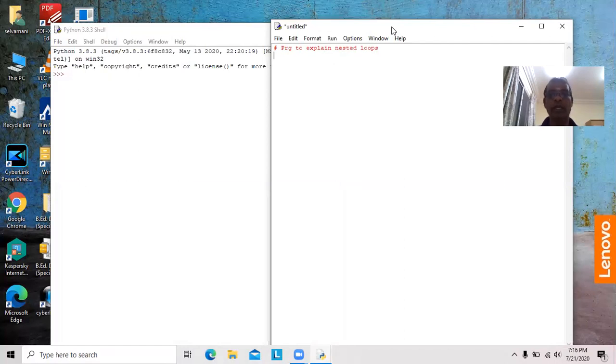So now we can have while outside, and it contains for. The outer loop should be while, the inner loop should be for. So i equal to 1, while i is less than or equal to 6.